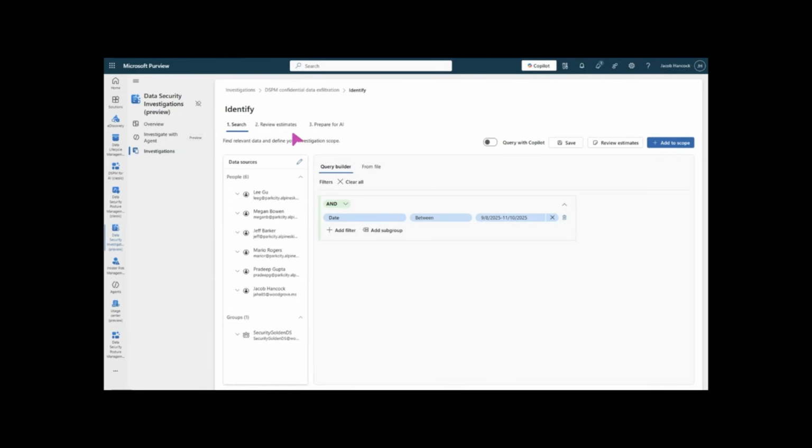So from there on, I'm in DSI, having left Purview DSPM, and now I'm in data security investigations. You can see it already pre-created all the data that exfiltrated your tenant, and you can see all the users that exfiltrated data. I can refine this query, I can change the date range, and so on. In this case, I'm not going to touch anything. And by the way, one question I get a lot is: DSI can analyze anything under M365. You'll see in some of the demos later, we can look at Copilot, OneNote, Teams, emails, Viva Engage, and the list goes on.